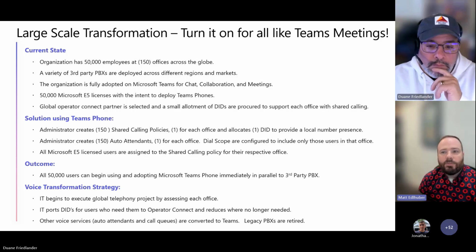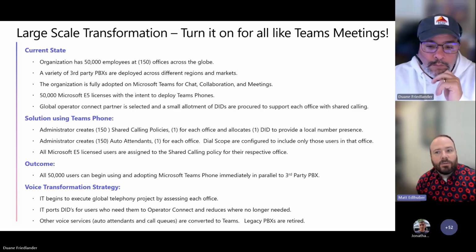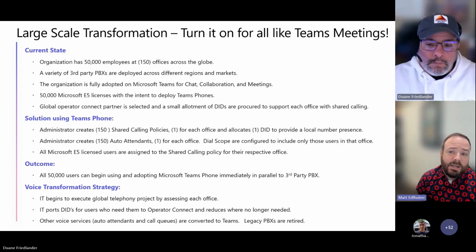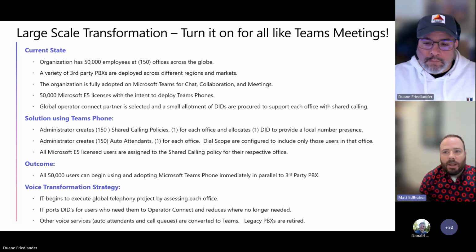So think about this a little differently: turn it on for everyone, then ask your users or business leaders who really needs a Teams phone number, a DID. And if they do, create an intake process through your help desk